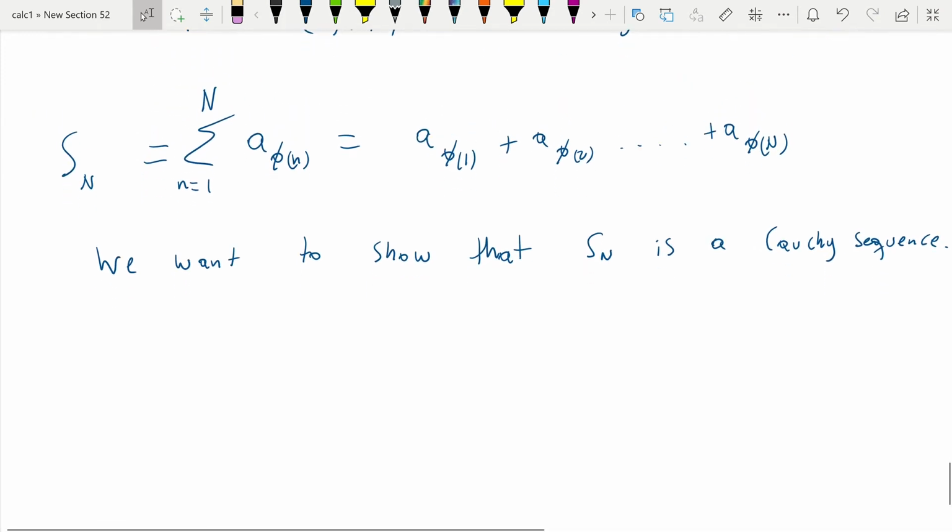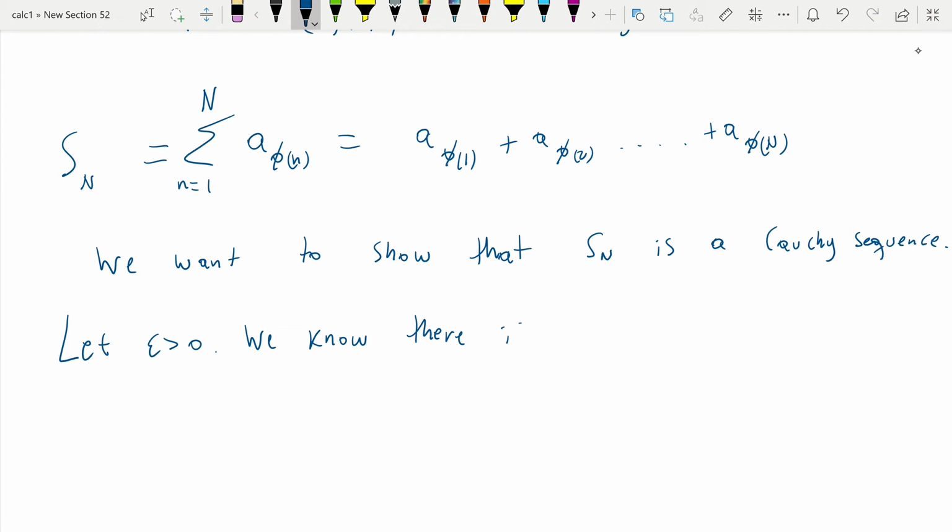Alright, so how do we do that? Well, let's notice something. Let's start by giving us some number epsilon greater than 0. So let epsilon be greater than 0. Now we know there is n, or let's use m, capital M now, because we're using capital N for the rearrangement, such that